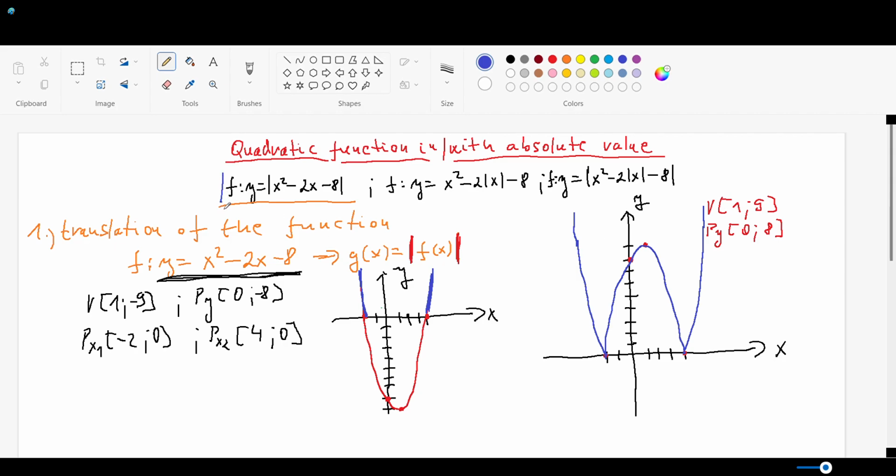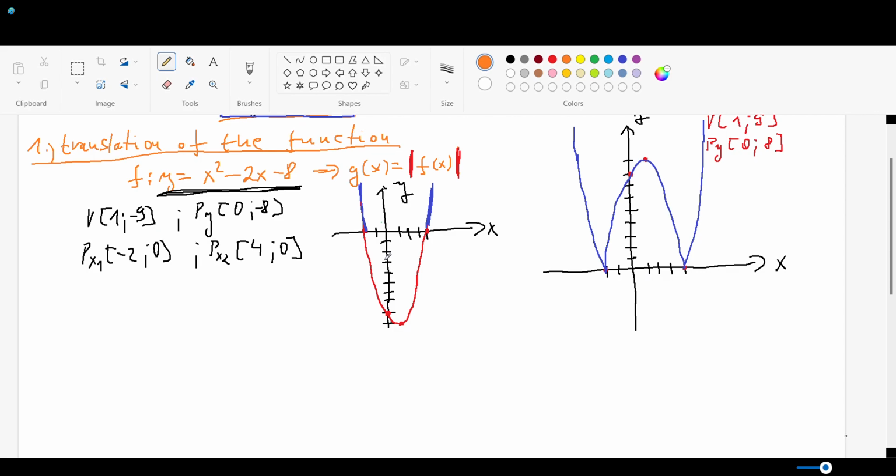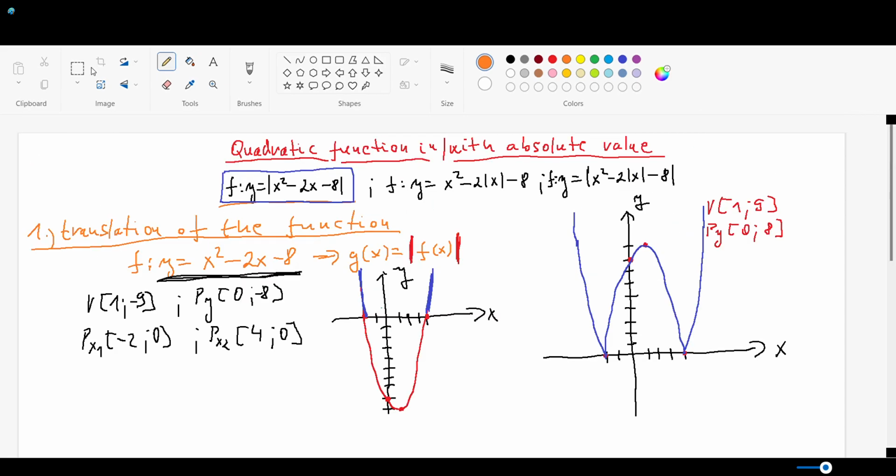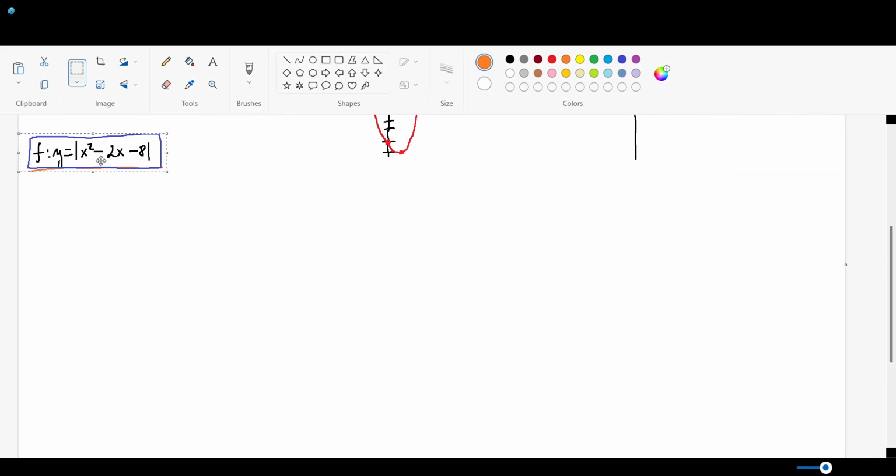So this is our graph of the function, which is defined by the equation y equals the absolute value of x squared minus 2x minus 8. So this is one way you can sketch the graph of the function. Another way you can do it is by the algebraic explanation of the absolute value. Let me just take this function here to the blank space,